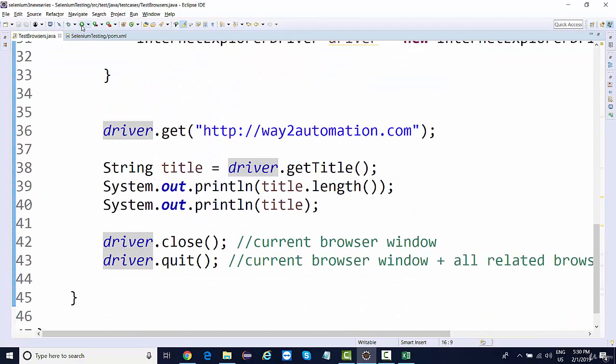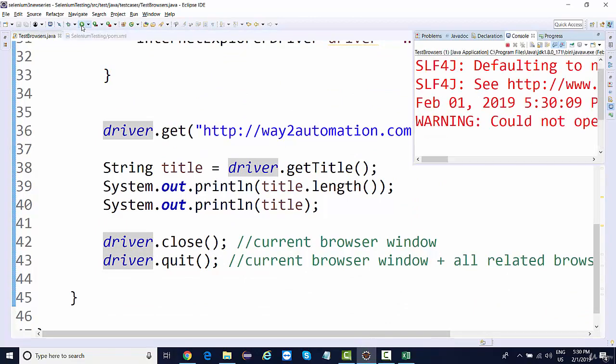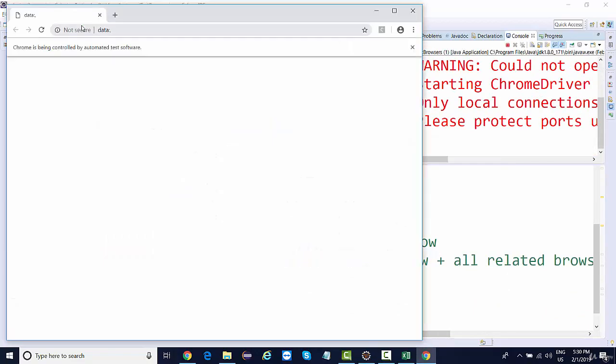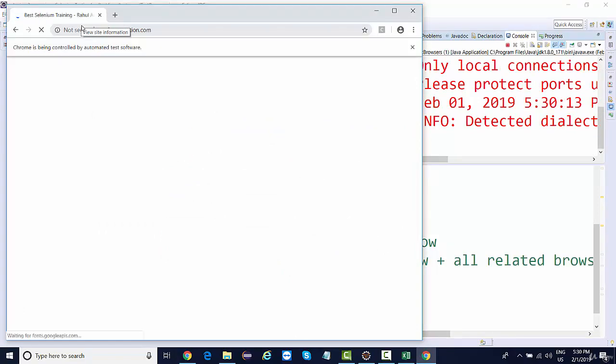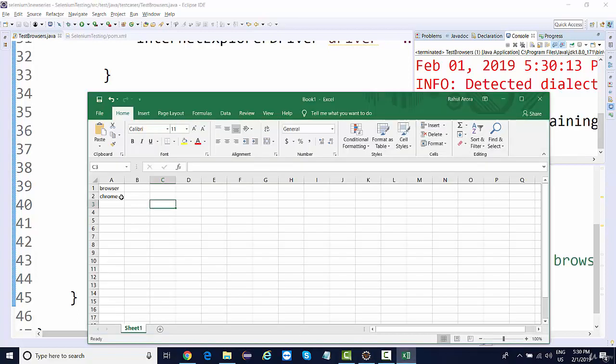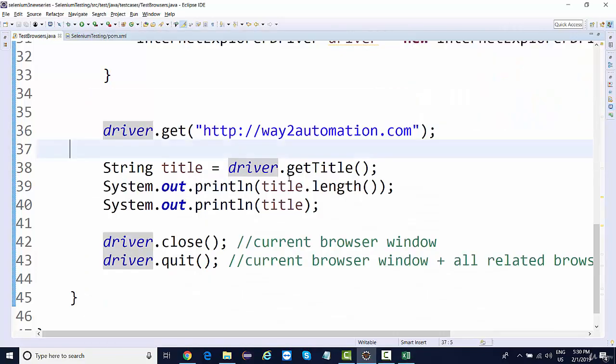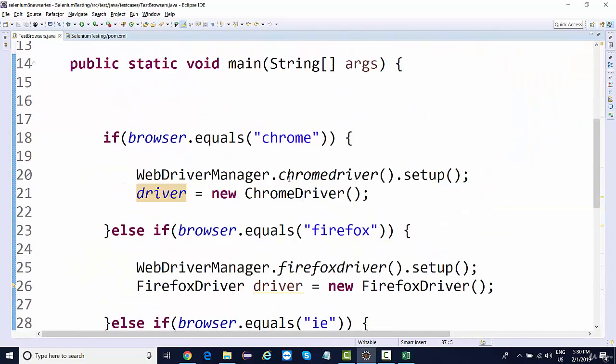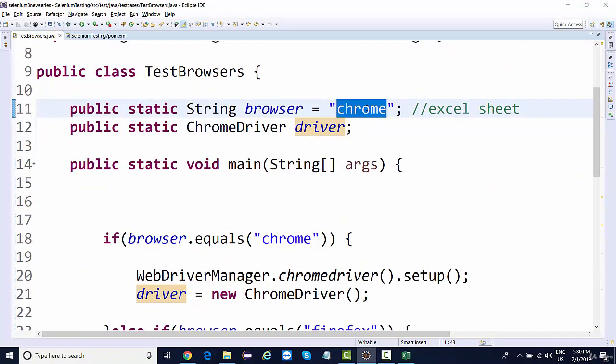So if I run this thing right now, you're going to see that it works absolutely fine. Now at runtime, I want to change the value from Chrome to Firefox. So what I'll do is I'll go over here and update it to Firefox. Now tell me what will happen.